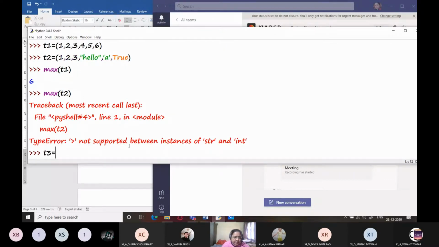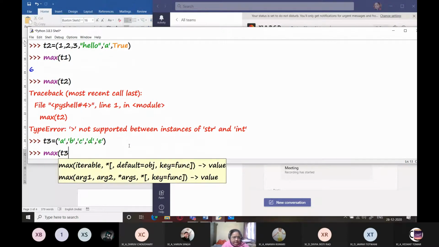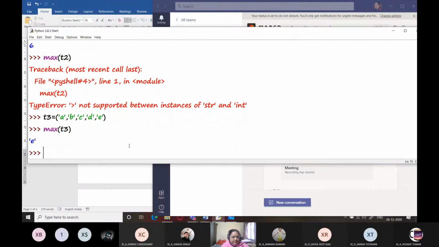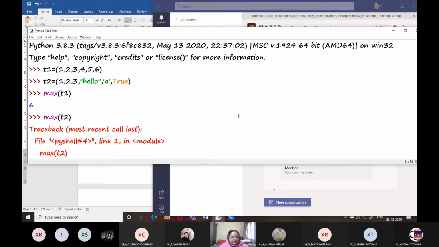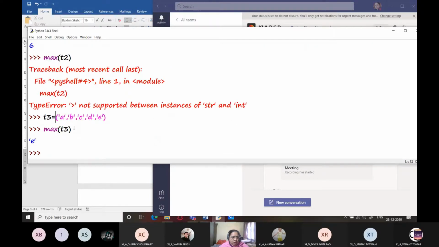If we take a third tuple which consists of only characters, we will see whether it works. Here it works because all the elements are of the same type. Elements have to be of the identical type if you want the function to work properly.